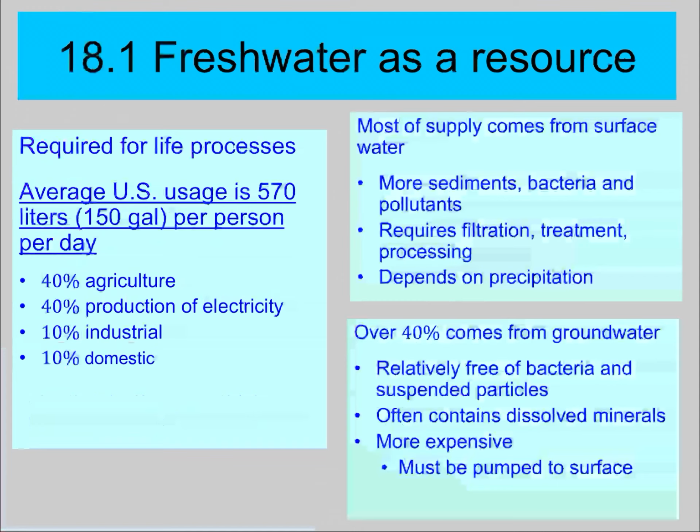So most of our water supply comes from surface water, which tends to have heavy sediments, bacteria, and pollutants. So there's a requirement to filter, treat, and process it. That's why we have wastewater treatment plants in cities, and they're responsible for testing. And that is normally, or co-ops are places where you will get water from. And then some people will opt not to have a public water supply, but will have a private water supply like a well. The thing about surface water is it's heavily dependent on precipitation. So if we go a long time without rainfall, then we're going to really struggle with clean surface water and the refilling of surface water.